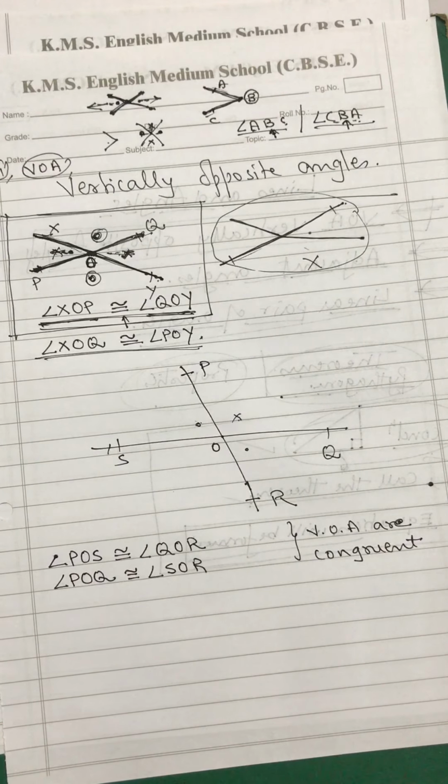Okay, of course we have a nice theorem also which we have to prove. See, proving the theorem is a different aspect. It is a different world. This is the application of the theorem. We are knowing that whenever two lines intersect each other, vertically opposite angles formed are congruent to each other. This we know, and then we are going to solve the questions, problems that are provided to us.